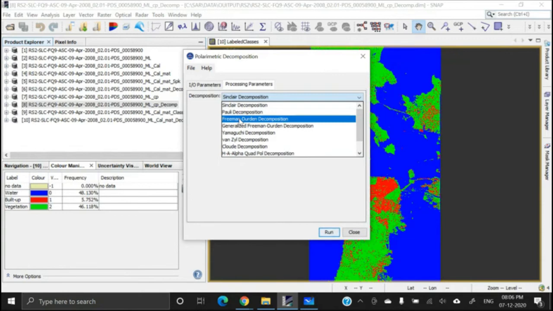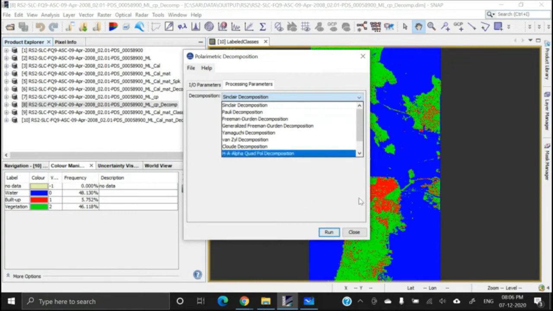Therefore, if we have multiple decomposed images, then all of them can be combined into a single image, a single product. And then raster supervised classification can be performed on this combined image.